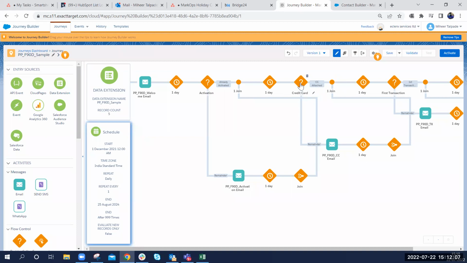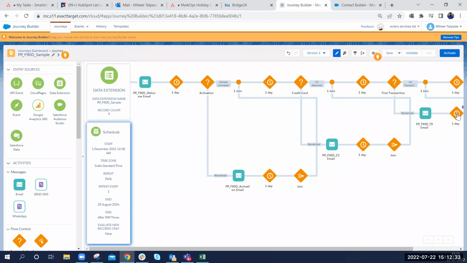If the credit card flag is false, that means the credit card was not attached. It will come down here and send a reminder email telling the person to attach the credit card. Again, it joins the main path, and then it is checking for transactions. If the first transaction flag is true, it will end. If it is false, it will send a reminder to do the first transaction